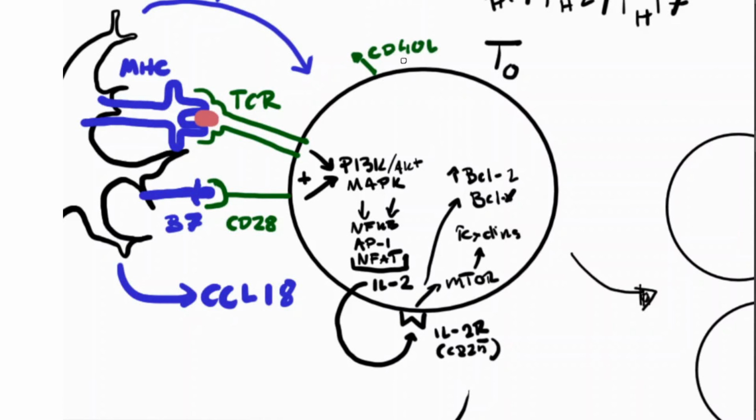And CD40 ligand is going to bind to CD40 on the dendritic cell, and this will lead to even higher expression of B7, making them even better at activating other naive T cells. So there's kind of a loop going on here, and all this will occur until you have